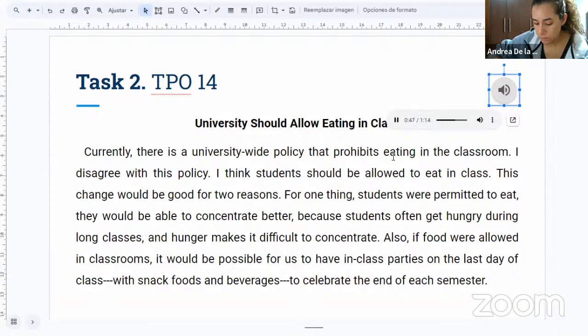But what about her other reason? It would be nice to be able to have some fun at the end of the semester, right? No, there's a problem with that too. Why? Well, I don't think it's appropriate to use class time for that kind of thing. I mean, the last classes are usually pretty important. That's when we do a lot of reviewing for final exams. True. If we use that time for that, we probably wouldn't have time to do as much reviewing, which means we wouldn't be as well prepared for exams. Yeah, I hadn't thought of that.